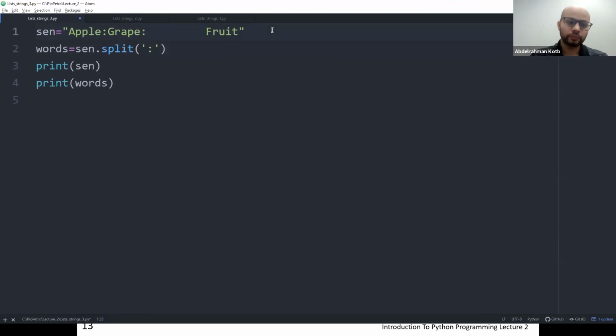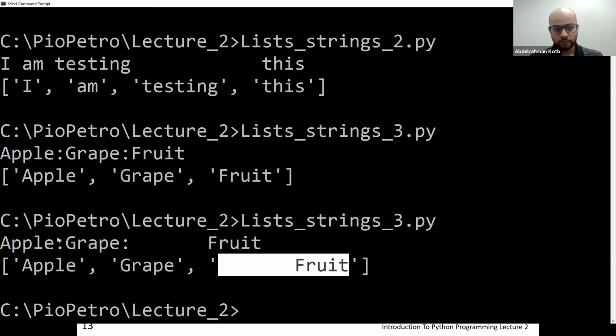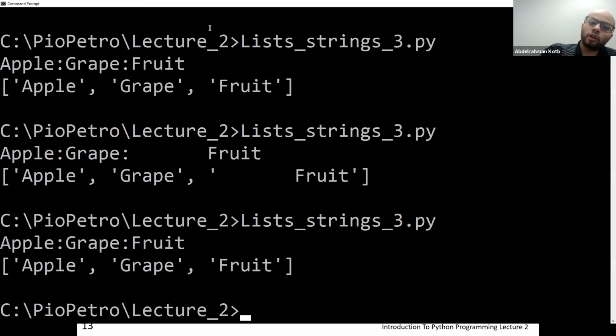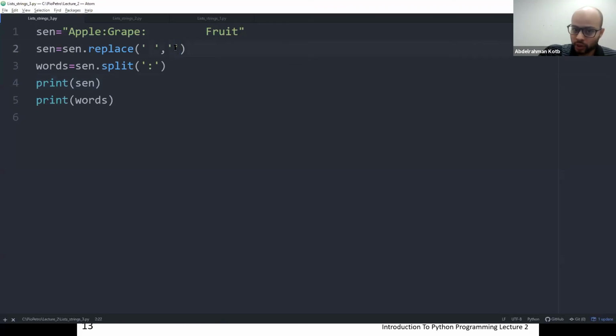I'm going to say sen equals sen dot replace, space with nothing, and then do this. So let's see what it is going to do. Pretty much what it does is remove all these spaces and put nothing, and then it splits.